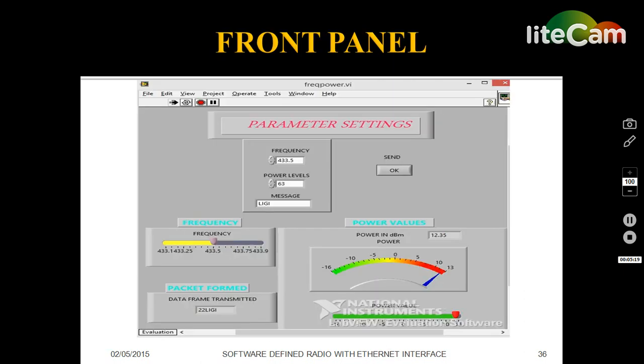Next is simulation. This is the front panel we have created in the LabVIEW. Under the heading parameter settings, we have selected only two parameters, frequency and power levels, which have control nodes. We can increment or decrement the values using these control nodes, and after setting them we can also write the message here. I am giving my name as a message. We have set the frequency value as 433.5 megahertz and power level as 63, and after writing all the things,